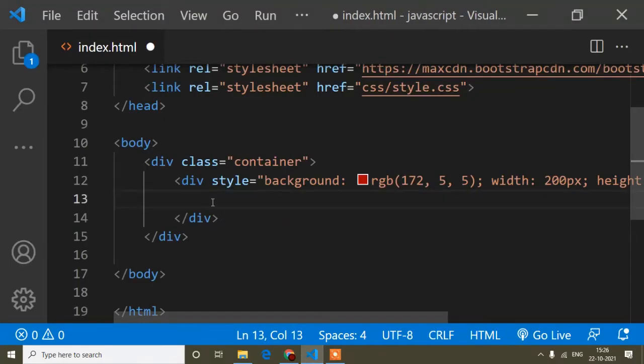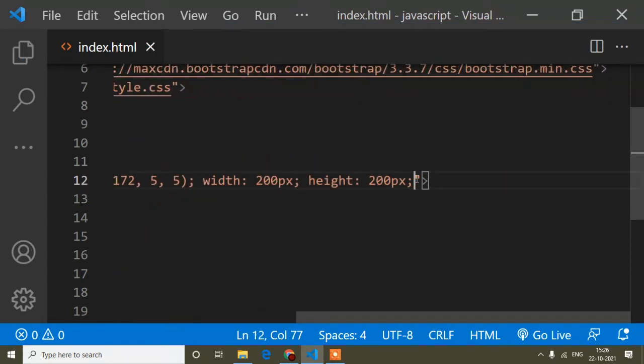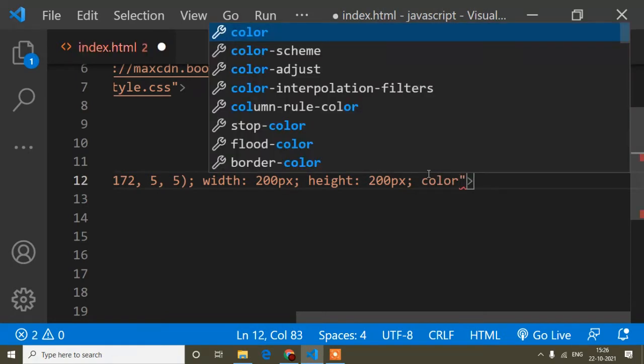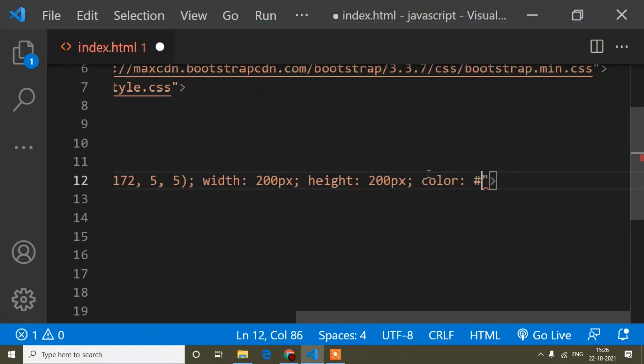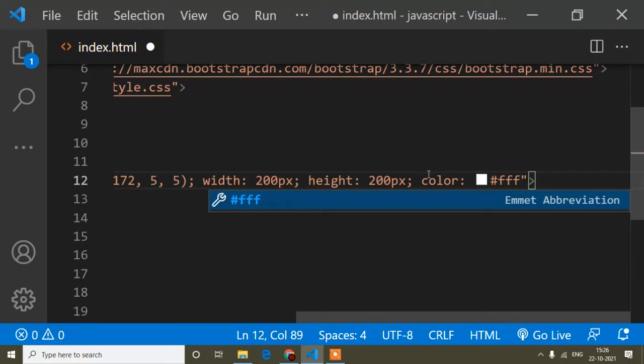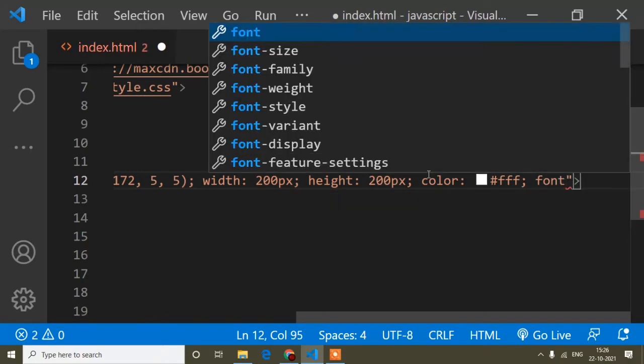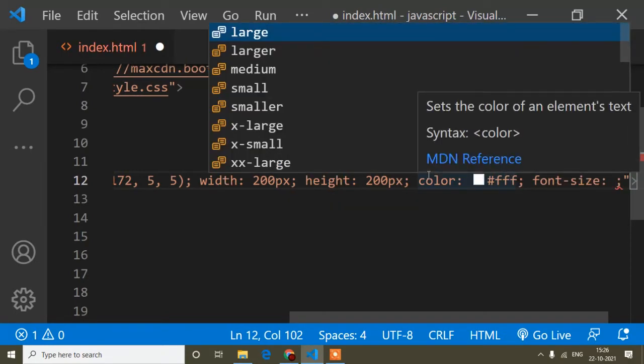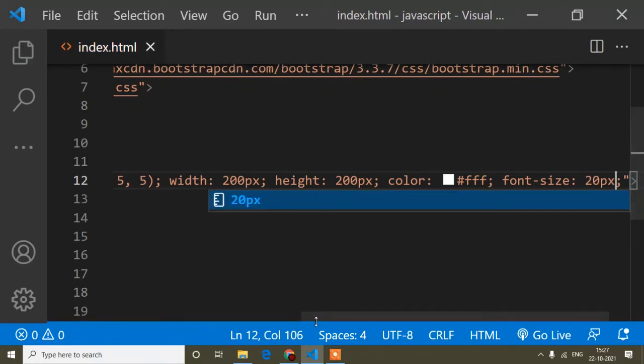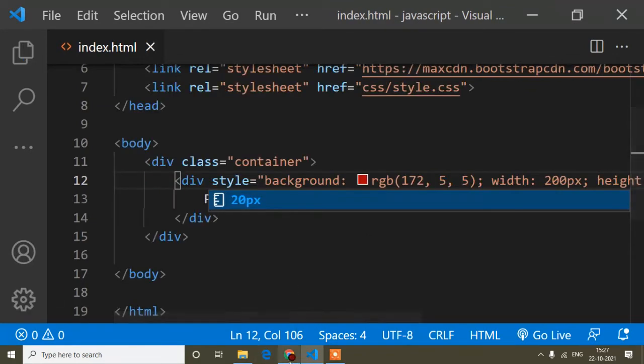Just here I will add a color also so it will be visible. I will add white color, and increase the font size a little bit, 20 pixels. Now it will be perfect, I think. If I refresh, you can see this is the parent div.